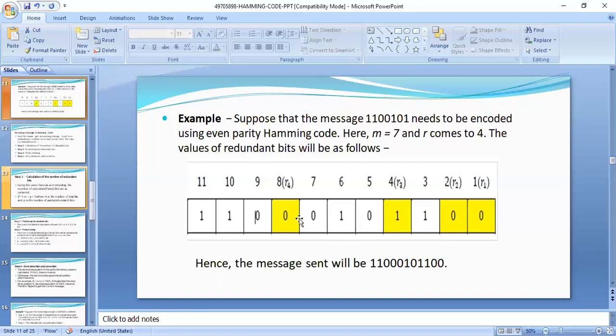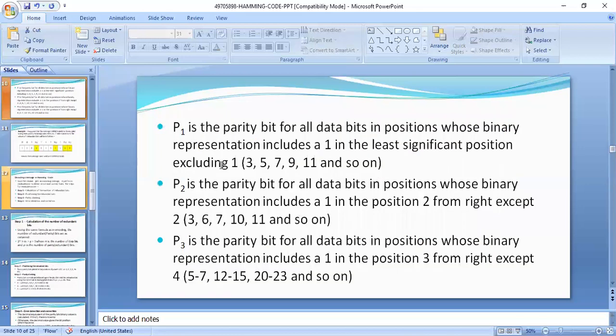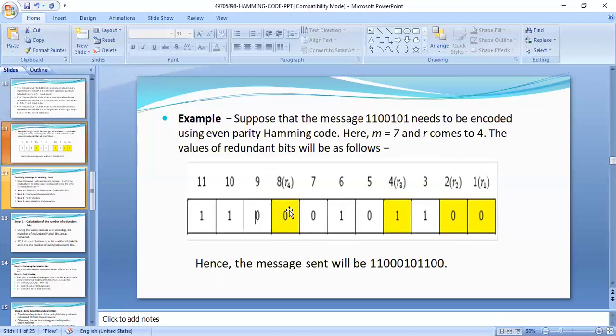In the third step, we have to calculate each parity value. How do we calculate each parity value? By using P1, P2, P3, P4. You may select the even parity scheme or the odd parity scheme. These are the values we placed here, and the remaining bit positions are message bit positions.